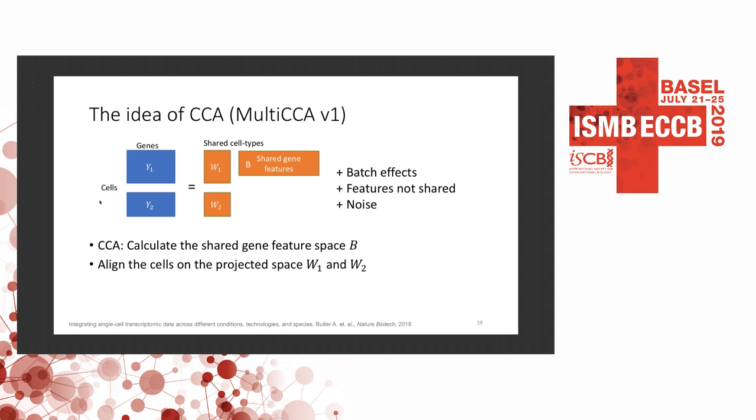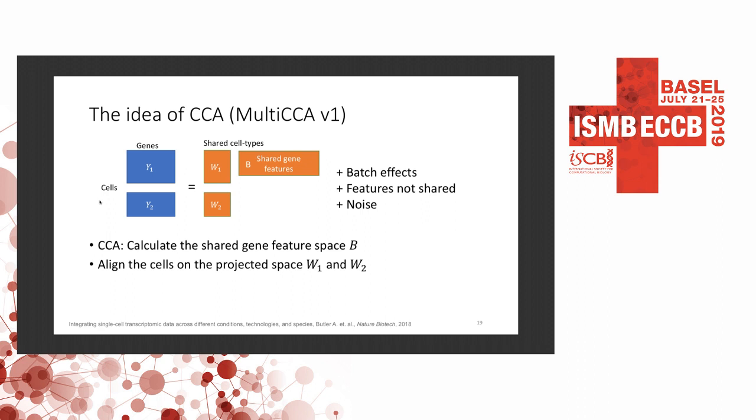So the first step is, from the data set, they try to calculate the gene feature space B. Then when they calculate B, they project the original data into a low dimensional space, W1 and W2. These rows are cells, so you have a new representation of your original cells, but on the shared gene feature space. Then the second step is they try to align the cells using these two matrices, W1 and